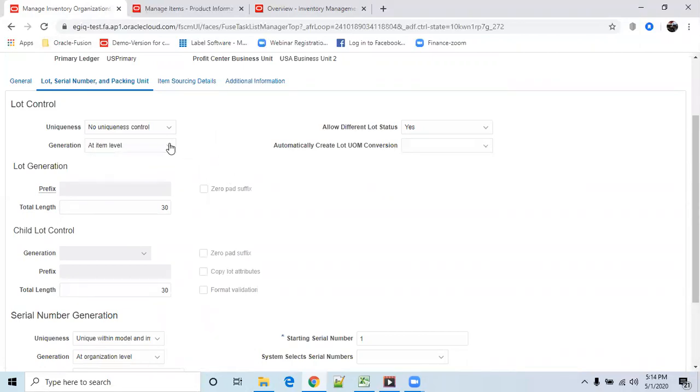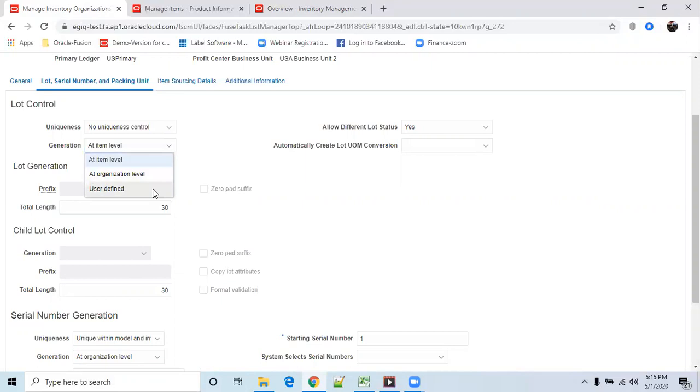First we'll see item level, and then you should try one of the other options, either user defined or organization level. The functionality will be the same, but I'll show what kind of conditions we need to keep at organization level once you select it.